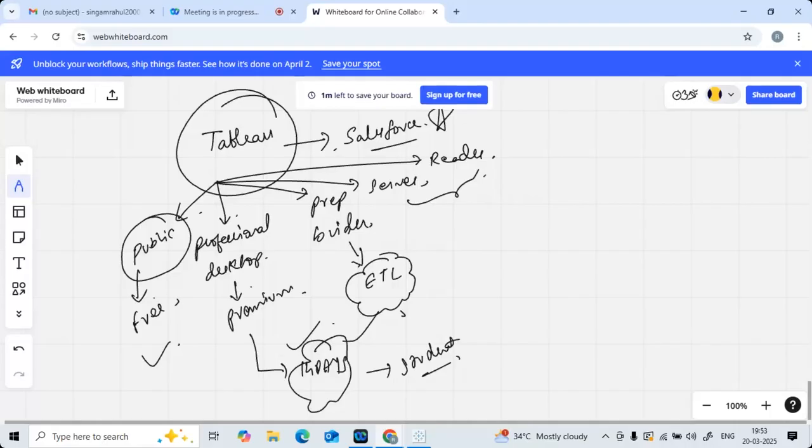Okay. But anyhow, I think the theoretical understanding is clear. So now let's jump into the practical hands-on approach on Tableau. So let's restrict ourselves to the Public part for today, and let's try to understand what we can do in Tableau Public. Okay.